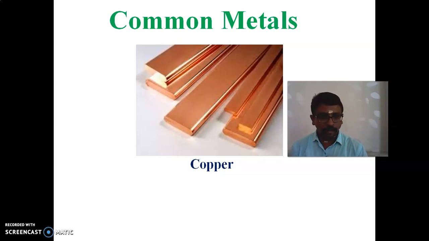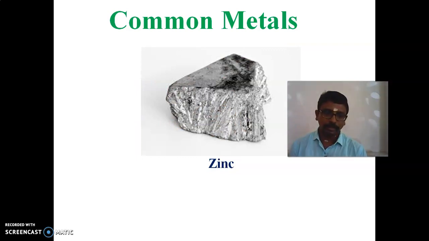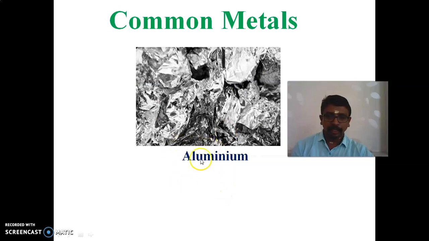The term alloy means the mixing of two or more metals. It will increase the hardness. It will increase the density. That's why copper is used in various alloys. And zinc. The symbol for zinc is Zn. It is also lustrous and very hard.